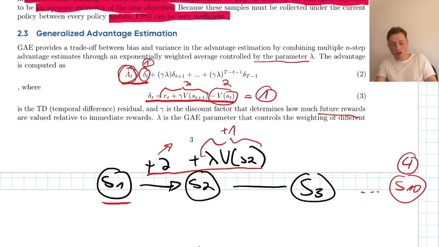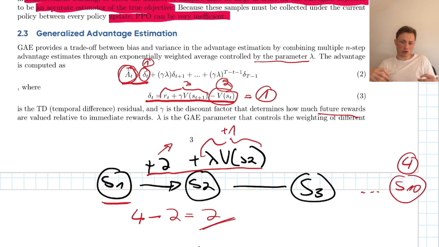For Monte Carlo, the residual or the error would look like this. We have 4 minus, so 4 would also be discounted here. Let's say we have a discount factor of 1, so that we can calculate it a little bit more easily. 4 minus our old prediction. Our old prediction was 2, so we get 2 as our Monte Carlo error. And for Monte Carlo we take the complete sequence, and therefore we have